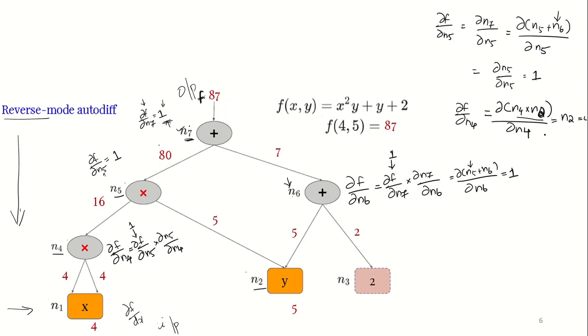Okay, and what is the value of y over here? It is 5. So this value is equal to 5. ∂f/∂n4 is equal to 5. And next we have to find out